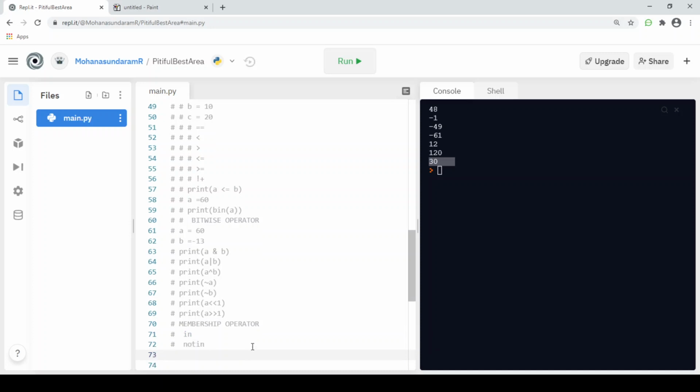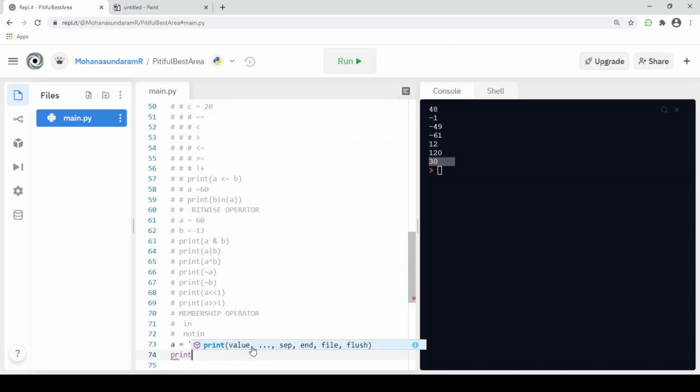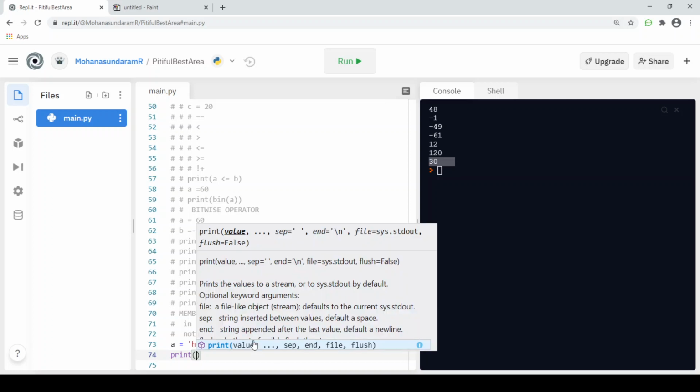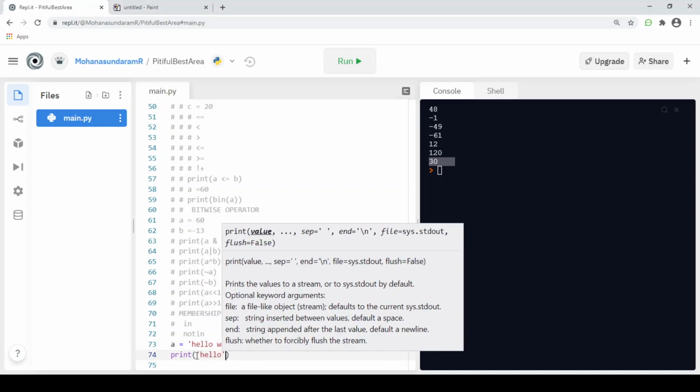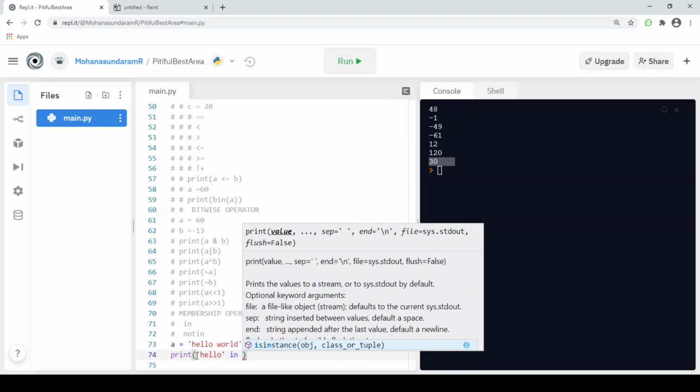We will take a string, for example a, which is hello world. I'm going to perform the membership operator on a. I'm going to print hello in a.